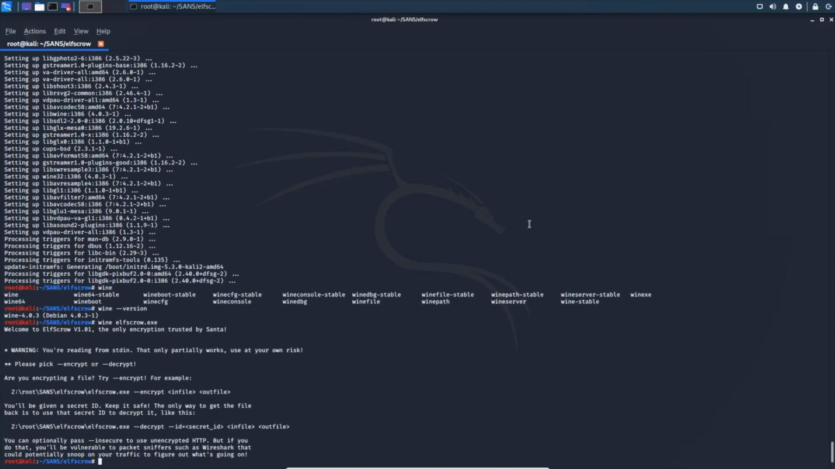Oh, there you go. So now we're getting the welcome message. Welcome to Elf's Grow, version 1.01. Okay, so we can encrypt or decrypt a file. You're encrypting a file. Try encrypt, for instance. All right, so let's try and create a file